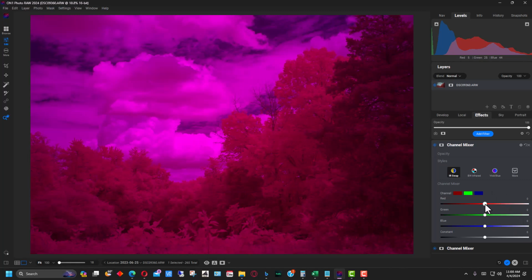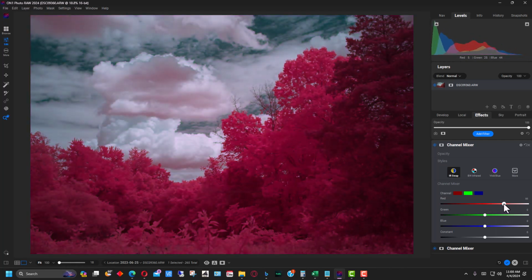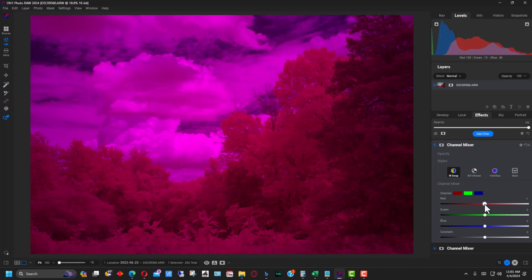So now we're at 0 and it's kind of messed up the color and everything. But if we go to the red channel and we swap red with the green and bring it up to 100, you can see here that the trees are now, instead of being a pinkish color, a more brilliant red right here. If we bring this back down to 0 again, and we bring the blue up to 100,